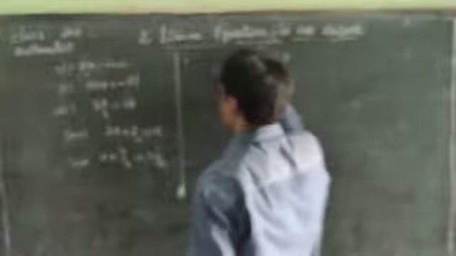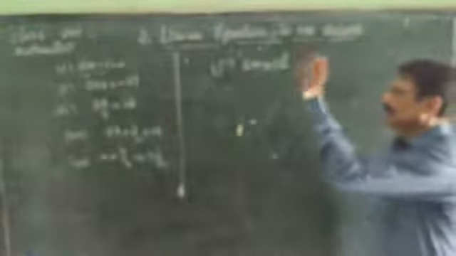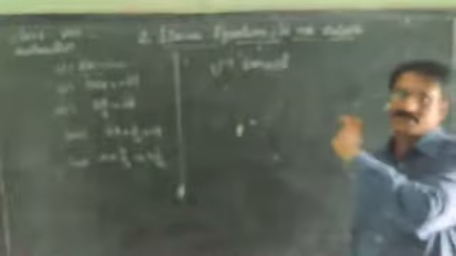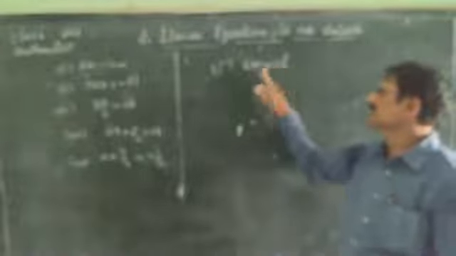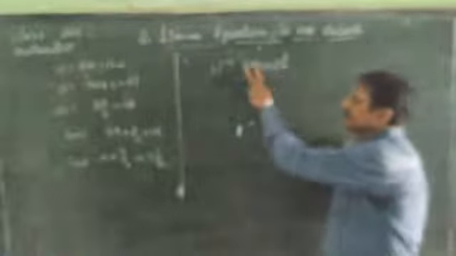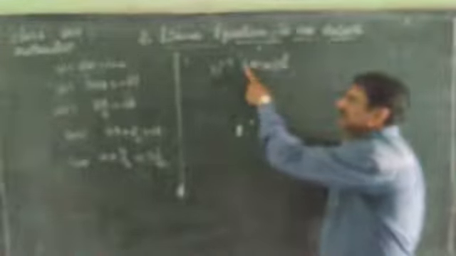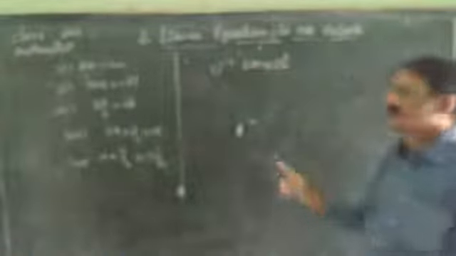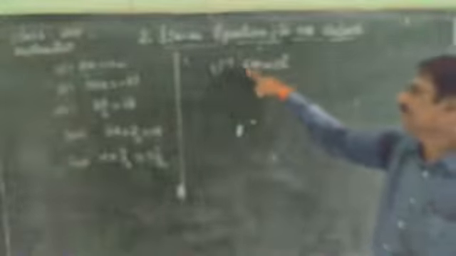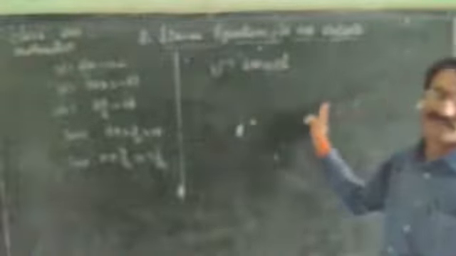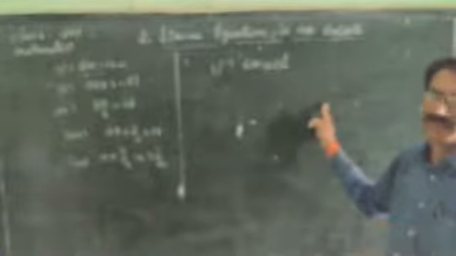First sum, 6m equal to 12. On the left side only one term, on the right side only one term. So single terms on both sides. In 6m, 6 is a constant and m is a variable. That means 6m means 6 into m. So 6 is a multiplying quantity in this term. If we send 6 to the right hand side, it becomes a division quantity.